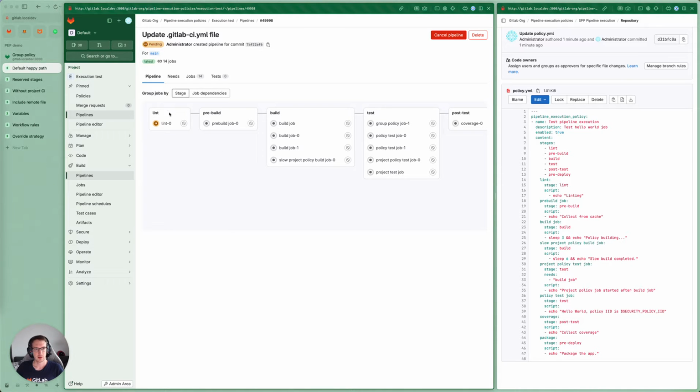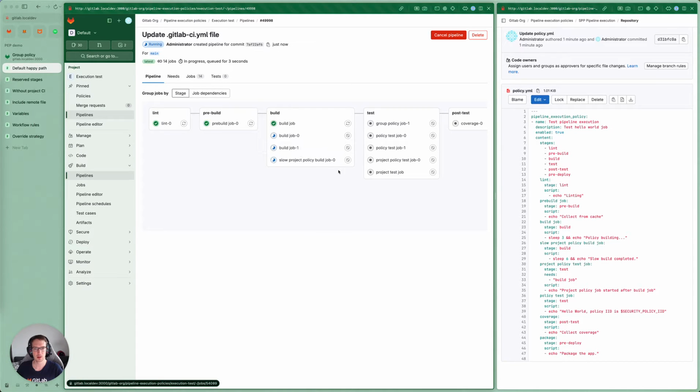So we can see the stages and the jobs that come from the policies. So the project policy has the index 0 here, the group policy has index 1, and the jobs that were defined as part of the project CI don't have this suffix.